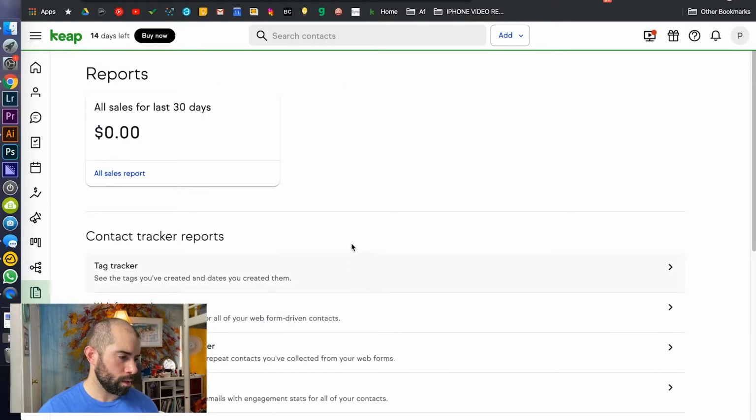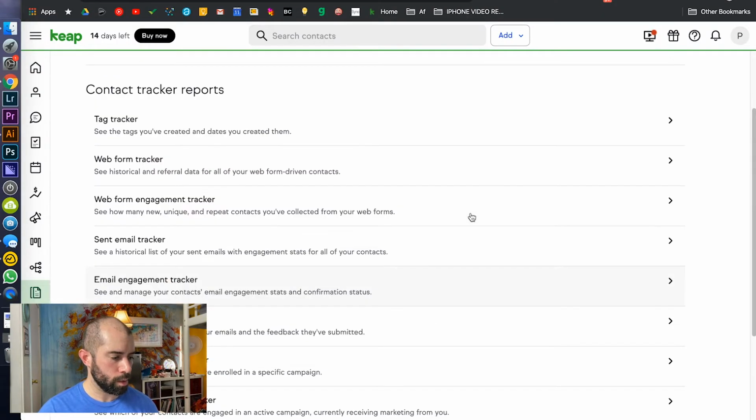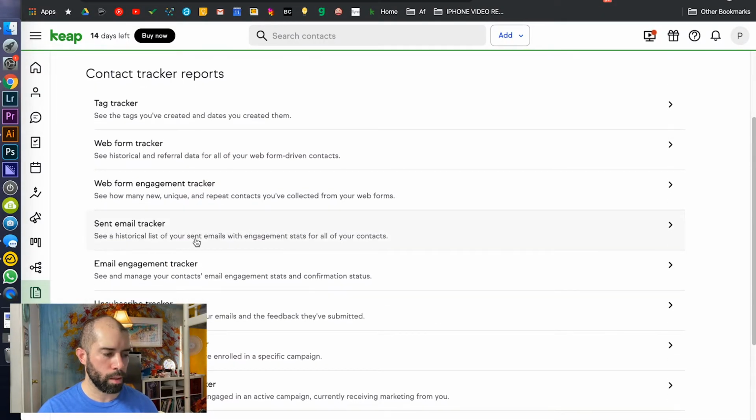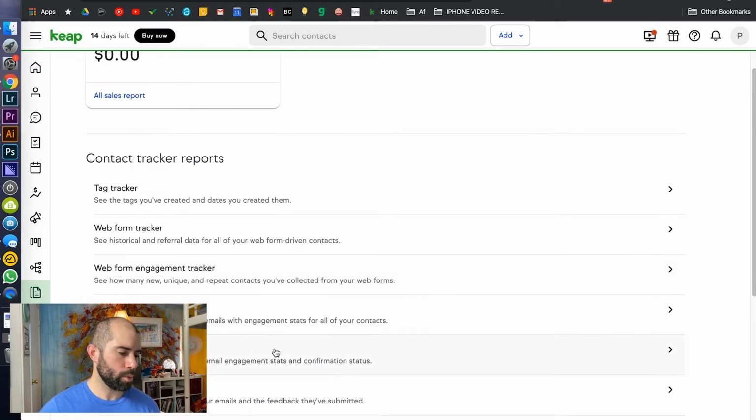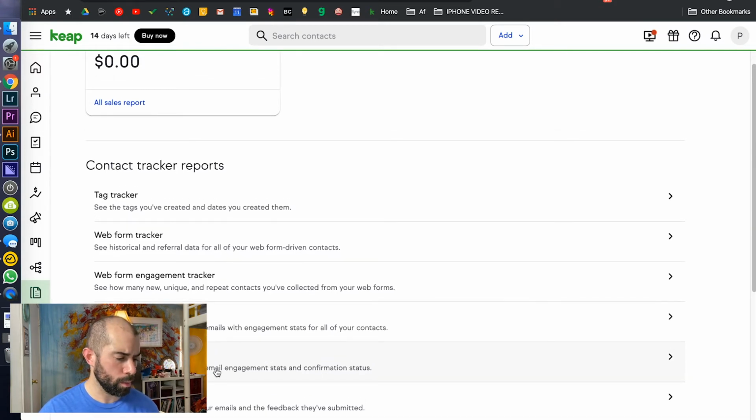And then this is reporting, so you can see a whole bunch of different things here. One of the big things is email engagement or status, like whether or not they've opted in for marketing emails. That's important, and I finally found out where that is. Seeing if they've opted in or not is an important thing, but I still have to figure out how that works. The point is, an app like this is really nice because it combines all these different things into one.